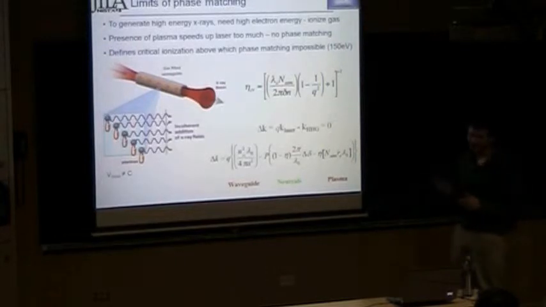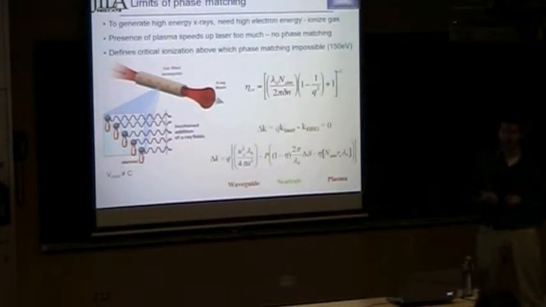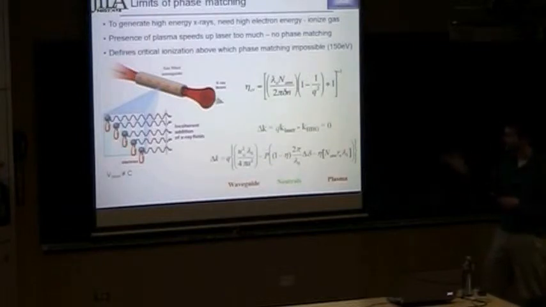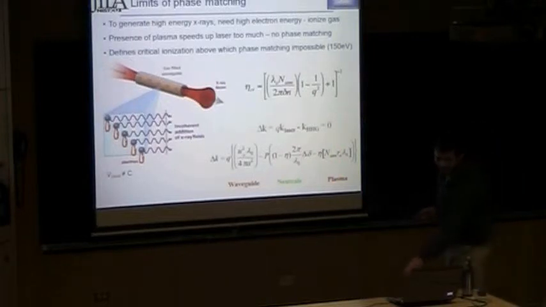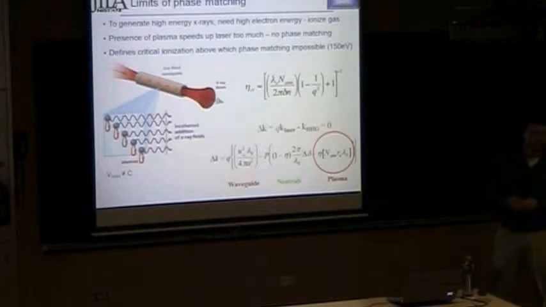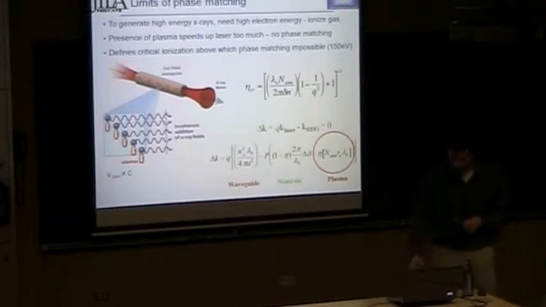So this works really well up to a point. The problem is the most natural thing to do if you want to get out a higher energy harmonic is you're going to turn up your laser intensity. And this will work. You'll get out higher energy harmonics. But at the same time, as you turn up your laser intensity, you start to rapidly ionize the medium. And then eventually this plasma contribution speeds up the phase velocity of the laser too much, and there's no balancing the different terms.